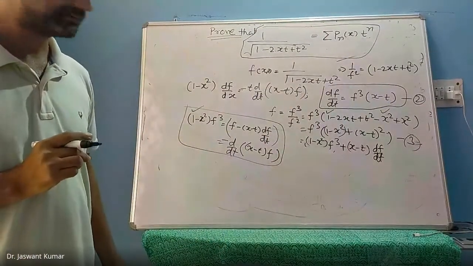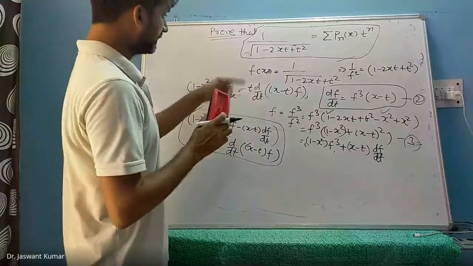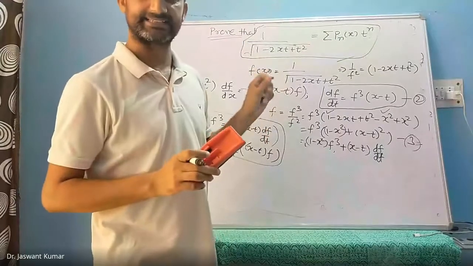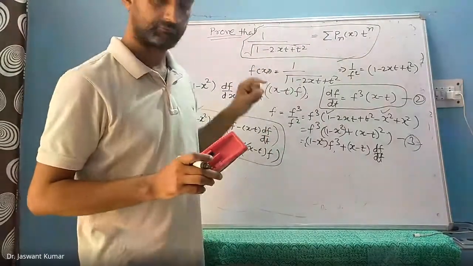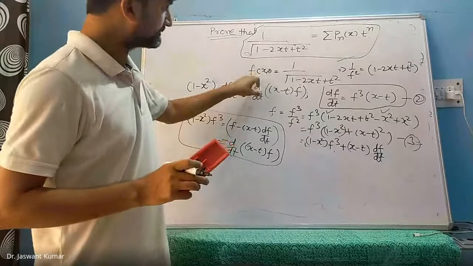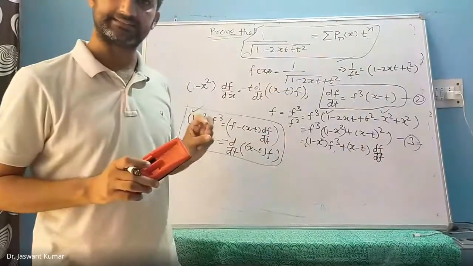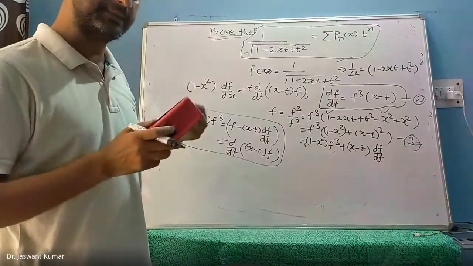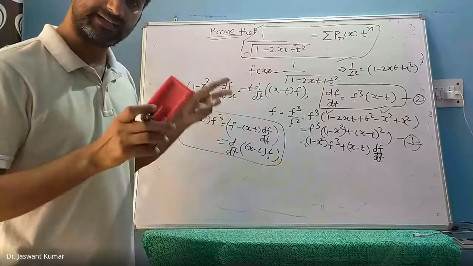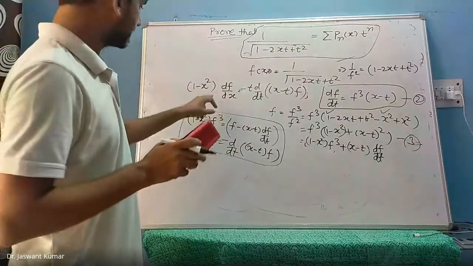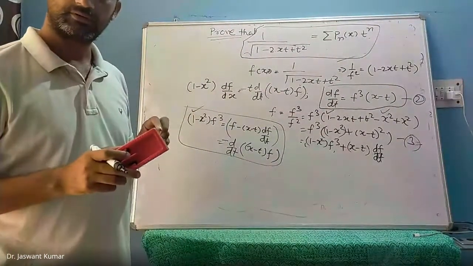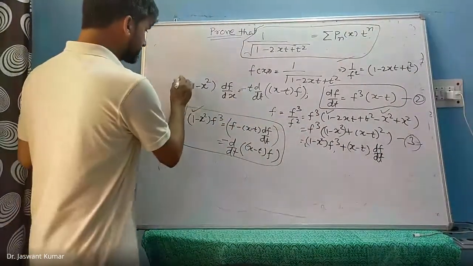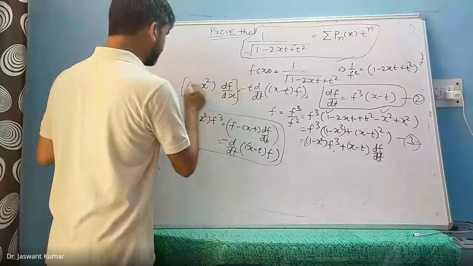है ना? अभी देखिए, अभी जो हमारा f है, this we have considered it to be some pnx tnx in our mind. What do we want? We want that this f should be proportional to some pnx. So that means our aim is to see as to what kind of second order differential equation does f follow, or rather than what kind of differential equation does f follow, we want to see as to what is d by dx of a term like this.